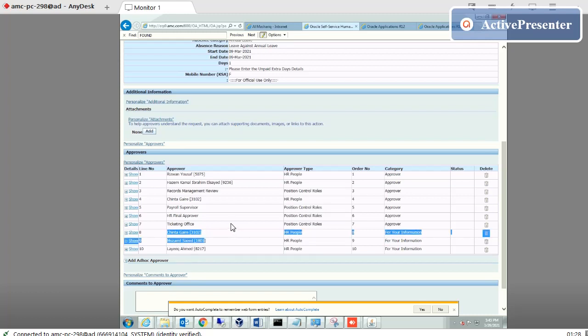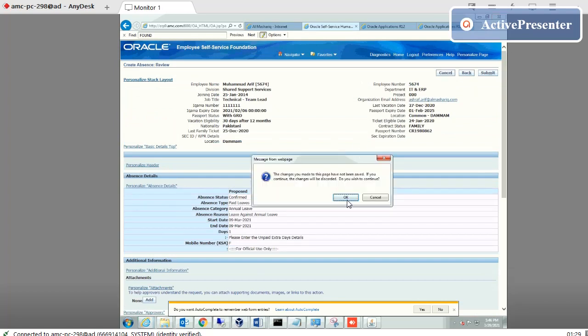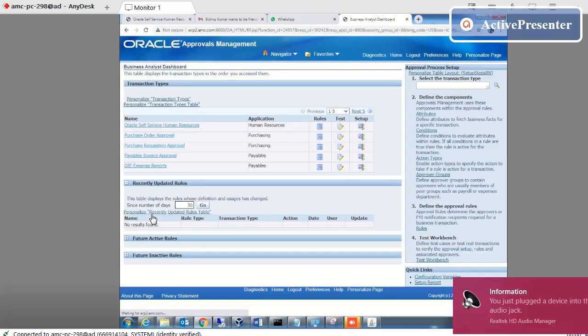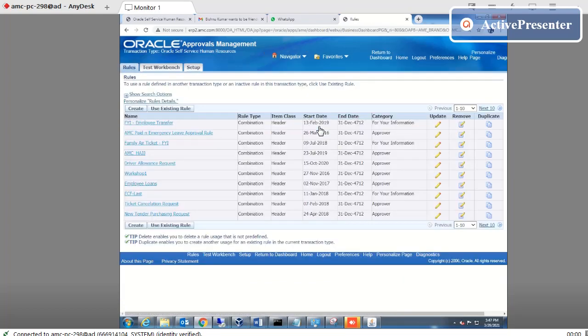So how can we do this using AME? Let me show you. I go here, then I process. I have another user here. Responsibility. Here you will see Oracle search survey. When I go to a rule, all of this we have configured. Let me show you that leave rule, that is the IAMC paid rule. Okay, this is a rule.